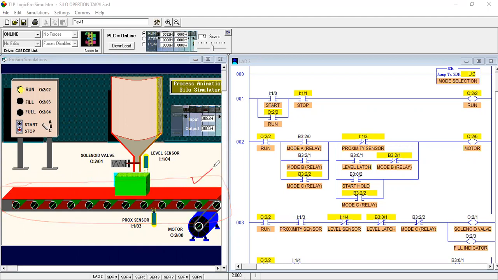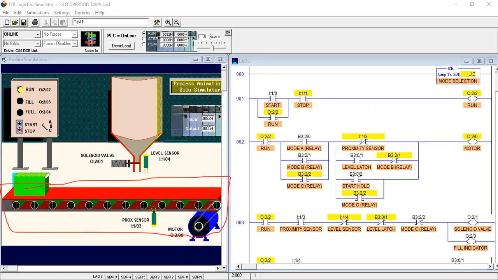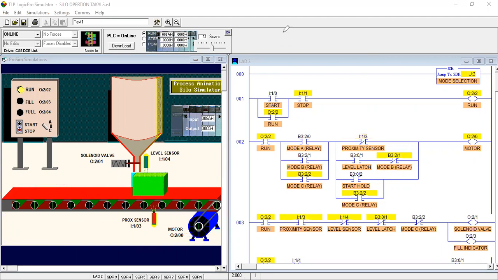Only our conveyor will run when you select the C mode.